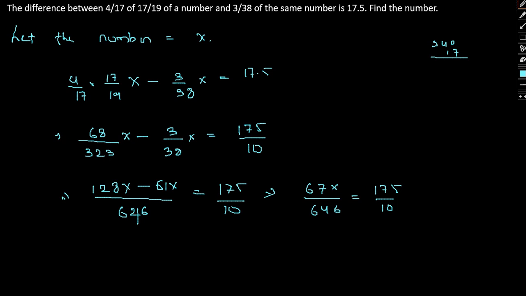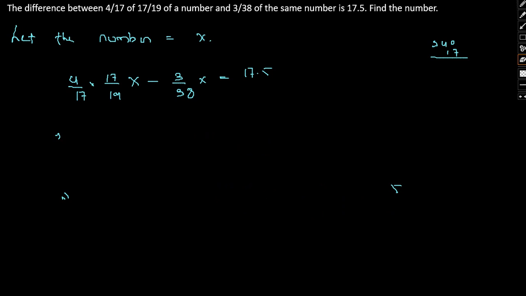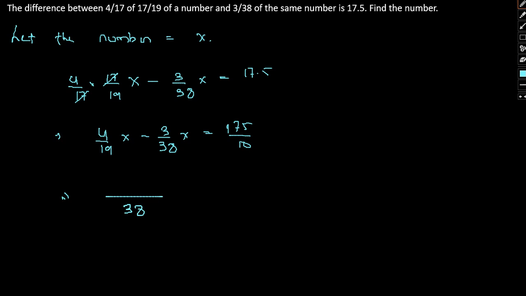Sorry, my bad. Okay guys, we could have actually simplified the same here, 17 over there. Sorry, my bad. Let's try and solve this. We have simply made this even more cumbersome. So my bad there. 17 can simply get cancelled out. So this will be 4 by 19x minus 3 by 38x equal to 175 by 10. So if we take the LCM of the same, this will be simply 38,